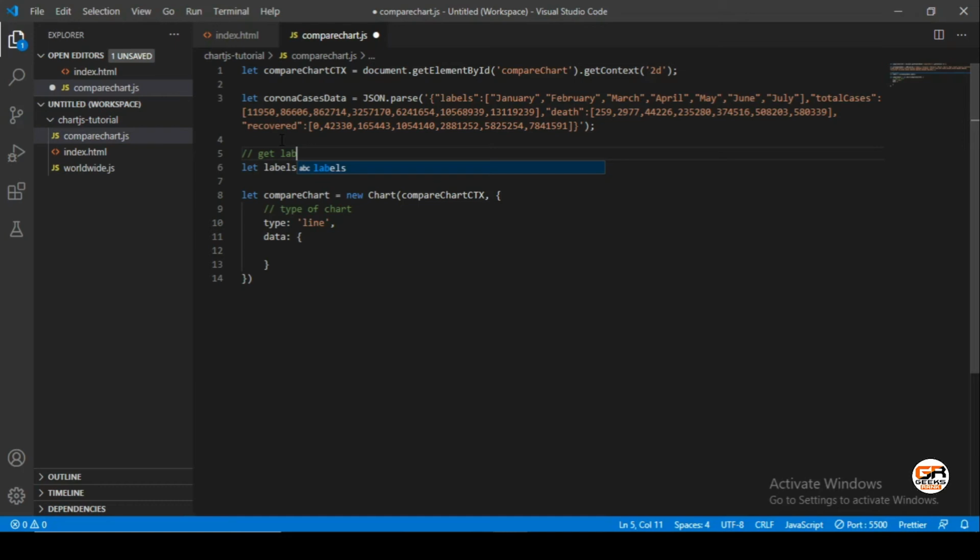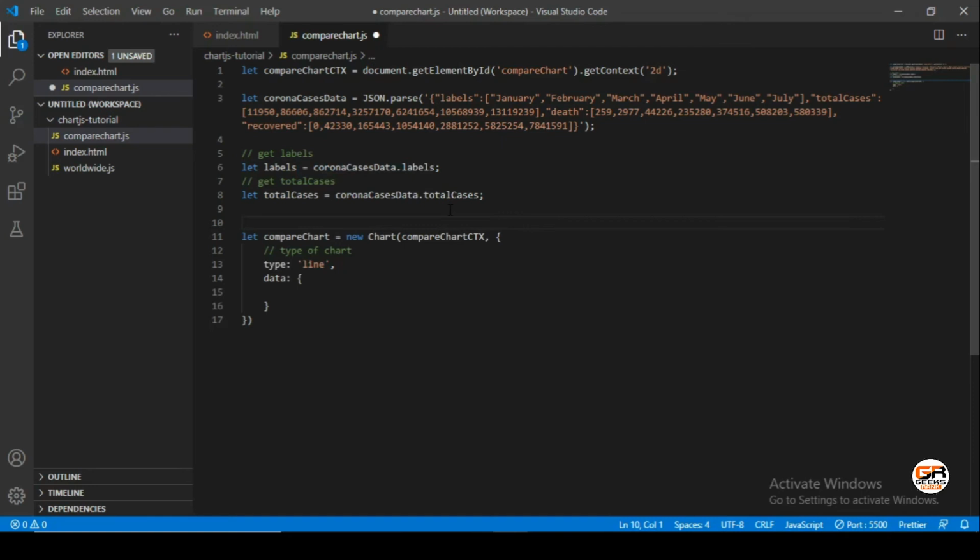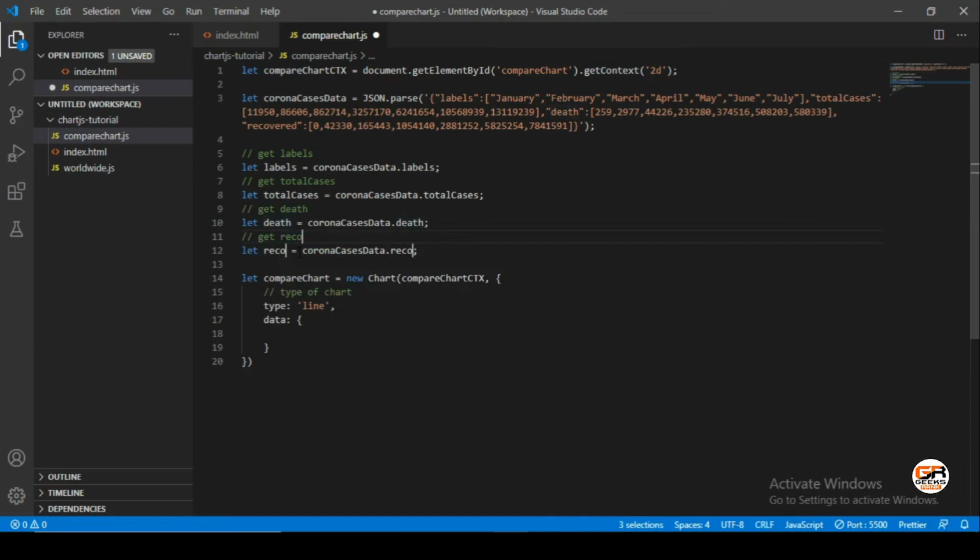And in this way we will just copy and paste, replace the key for each, and I will use a shortcut, and it will be there. And just copy again, paste here, and this time it will be the recovered data. As you can see here, I just grabbed the records for each of the keys.